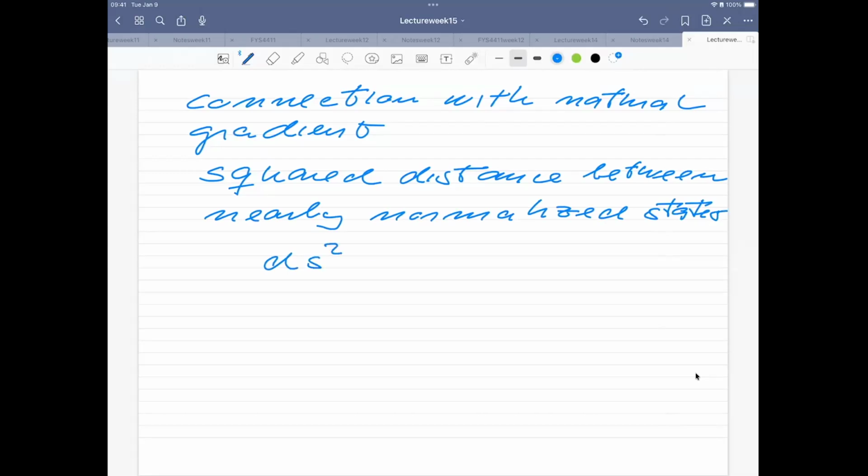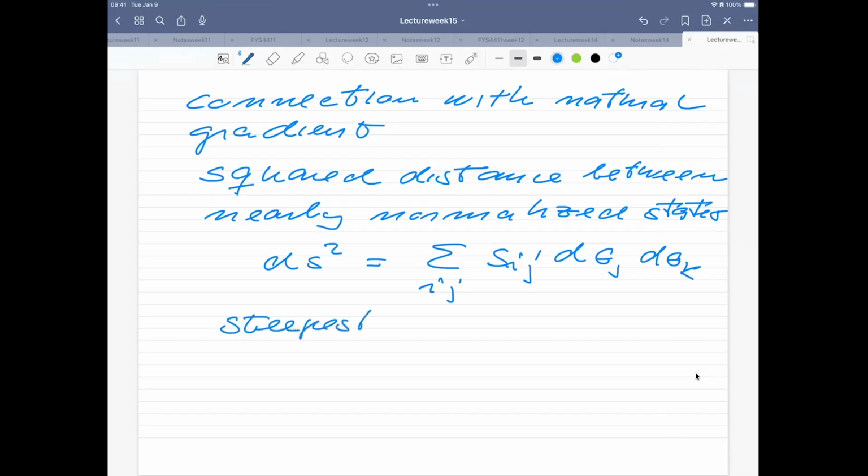So this distance is normally given by the sum over ij, and then I have this matrix, which is this covariance matrix between the log derivatives of d theta j and d theta k here. So the steepest descent in that metric means that if you do a steepest descent, this is just an aside, steepest descent in this metric,